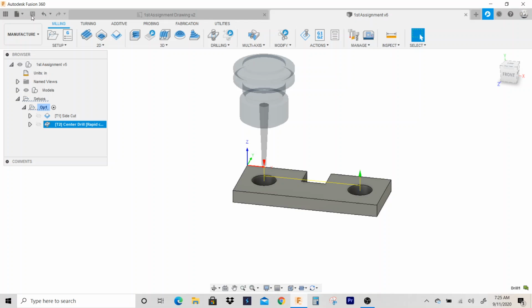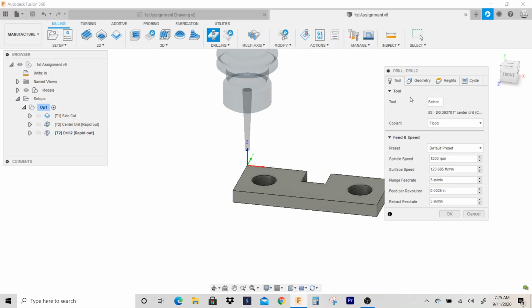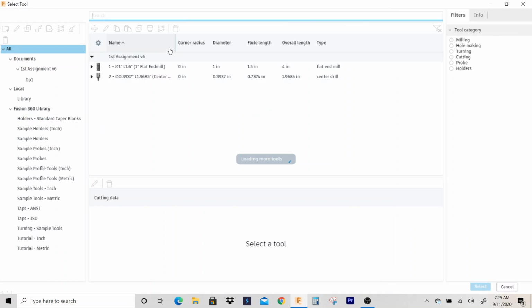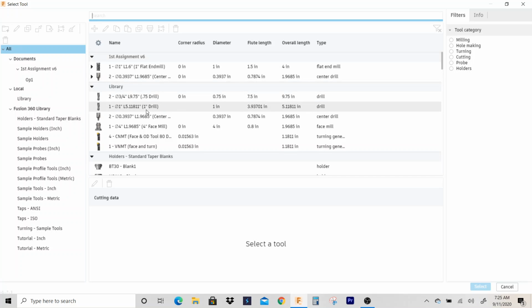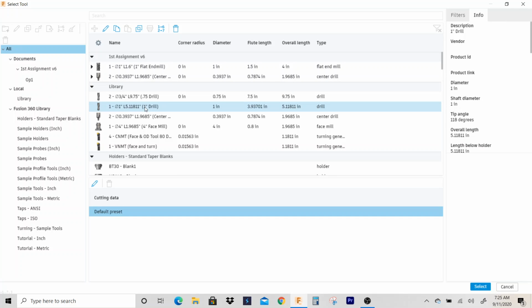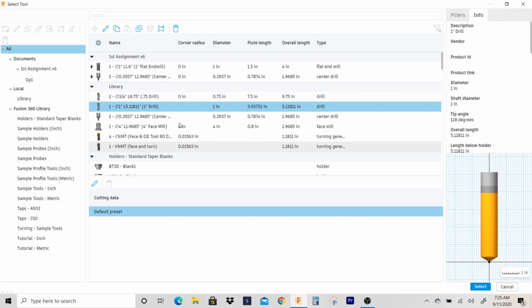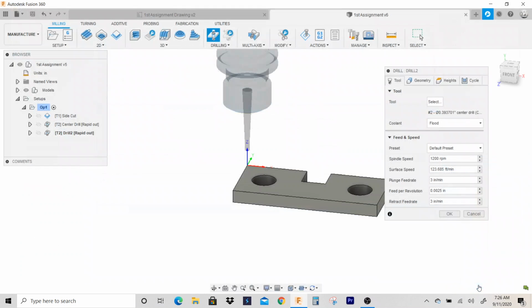Okay, so I get the center drill. Now I'm going to go in, I'm going to drill it. So I'm going to click drill, and I'm going to select the drill. I already have a 1-inch drill here. If not, I can make one, or I can edit a drill that's already in the library. You just right click on it and go to edit tool and change the diameter and name. So I'm going to select 1-inch drill,